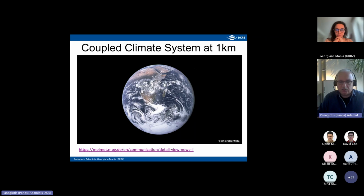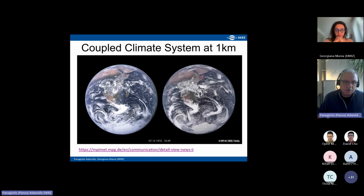So this is a photo taken by the astronauts of the Apollo 17 mission. While the spacecraft was on its way to the moon, an astronaut took this picture. So here you see a real picture of our Earth. It is December 12, 1972. And now on the right, you will see a simulation of